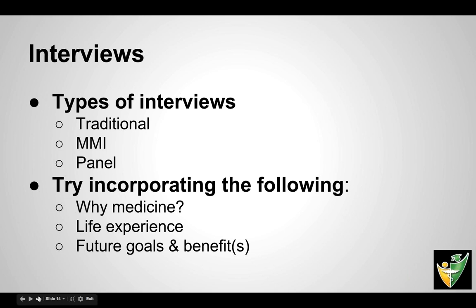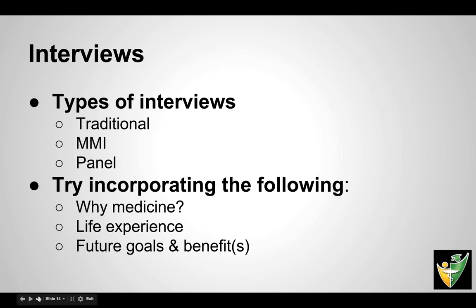So some schools are still doing traditional interviews, and what we mean by traditional is that you'll sit with another person of the admissions committee, usually one of the faculty or one of the professors or a medical student in their fourth year. And they just talk to you and they ask you those questions like what are your weaknesses and all those questions that you can prepare for, versus the MMI where you can prepare in a certain way, and we'll talk about that in the next bullet point,